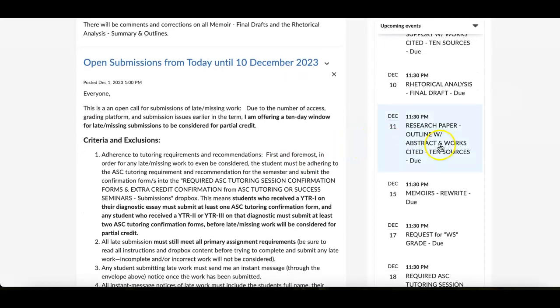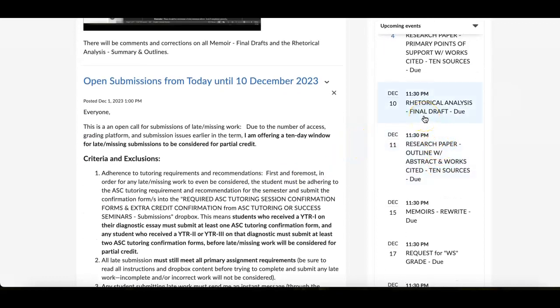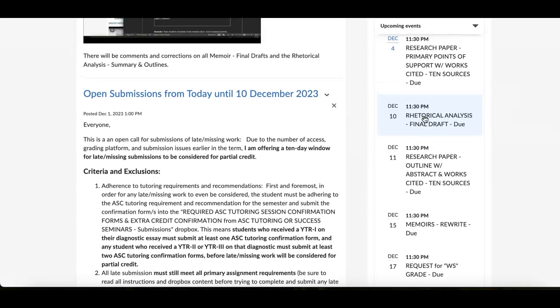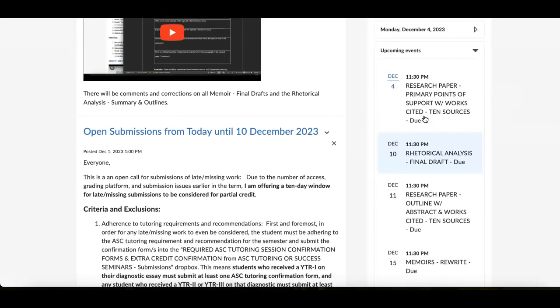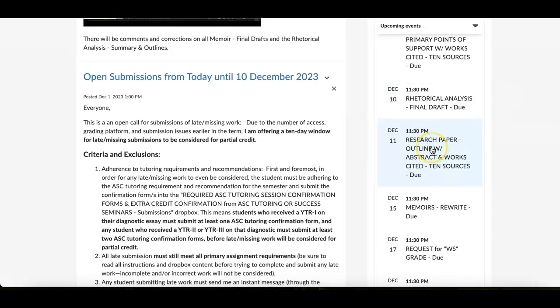Now, I try to make this very clear with some of the students. If you're doing a rewrite, if you went over the feedback, audio, and written commentary on the summary and outline, remember that those are supposed to be written just like the one you're about to do here for the research paper.